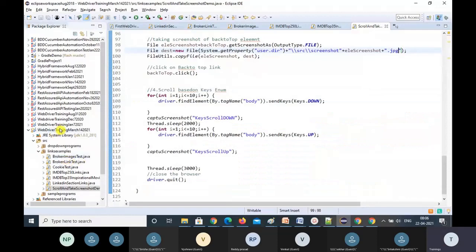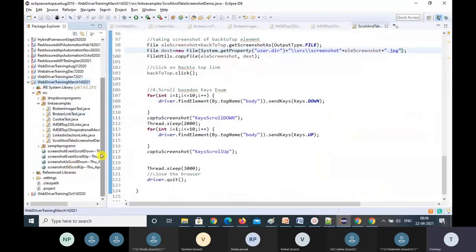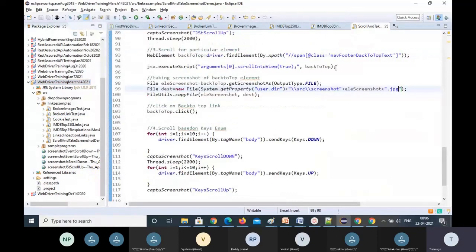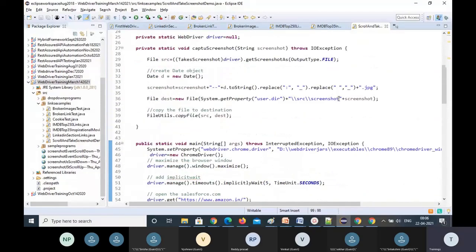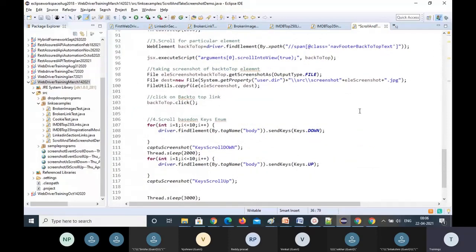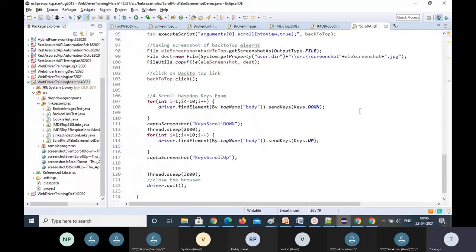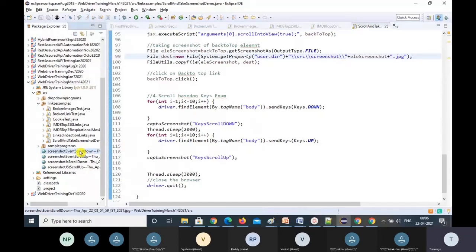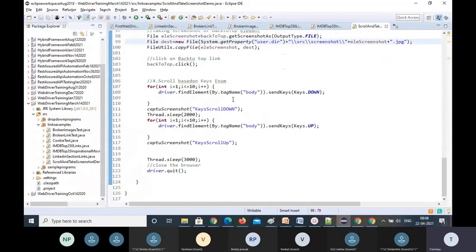Now see, if you refresh your project, already this is created. You can see. So whatever it is created, you see it is created. Screenshot folder is not created. Okay. So a small mistake we did. So we have to give this also like this. Then it will place there. Otherwise it won't place. Already it has taken and placed it directly in the SRC, but that's not what I want. I want it under a particular directory. So this screenshot directory I want. So I'll delete all these things. I want it under one folder.